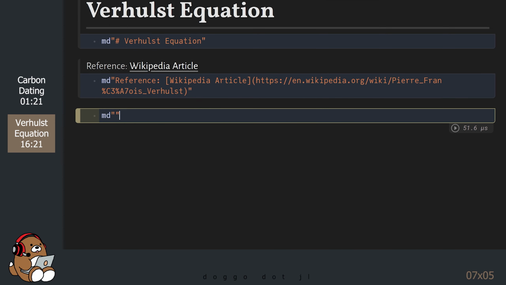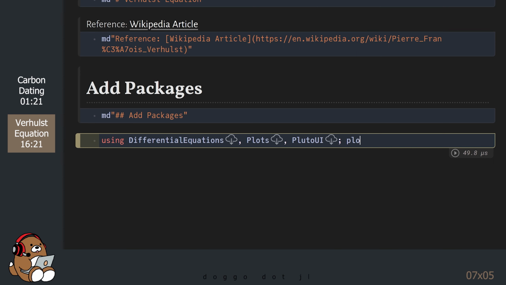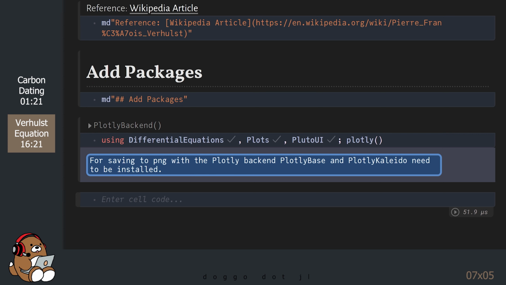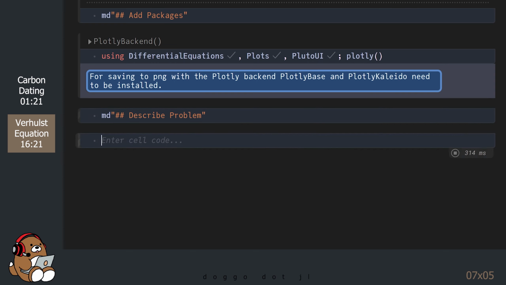Next, let's add the same packages that we used in the last notebook. Just like before, let's describe the problem that we're trying to solve.